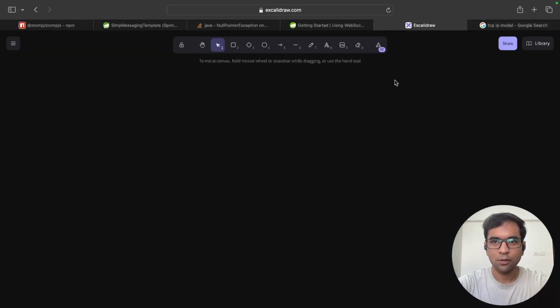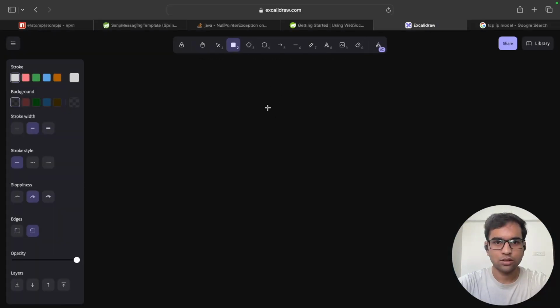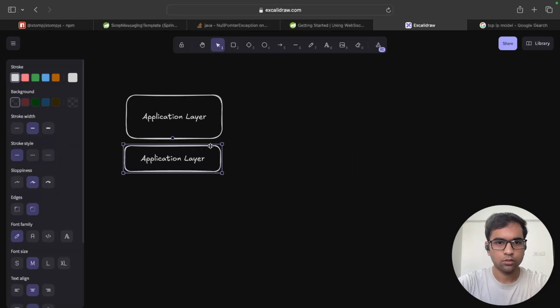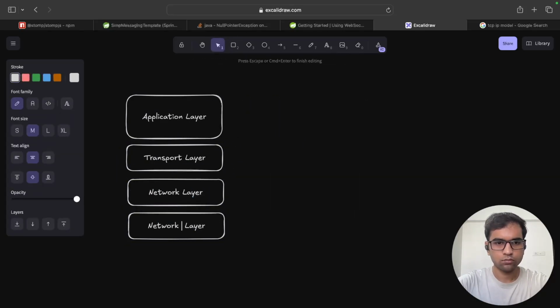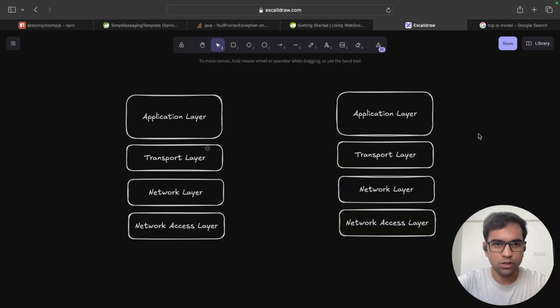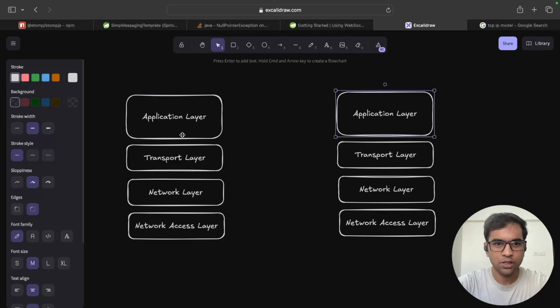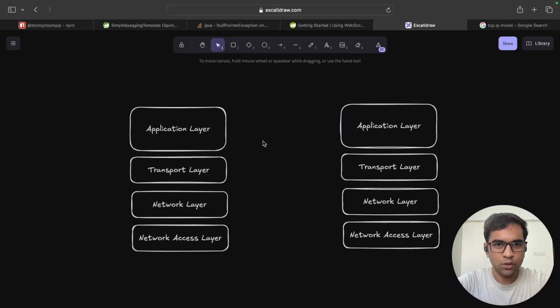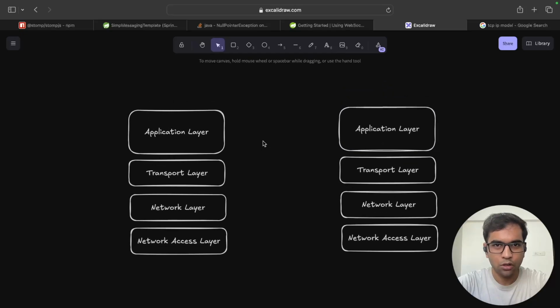So basically, these are the two different entities that are going to communicate with each other. These are two different applications or two different processes that are running. We just want one of the processes to connect to the other process. That's what our browser does. Whenever you hit some API or go onto some website, the browser connects to the process